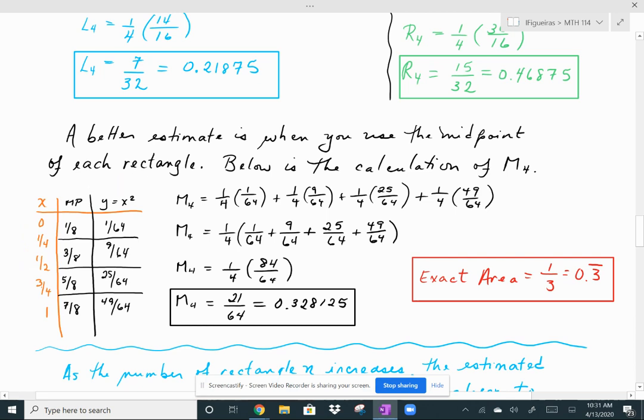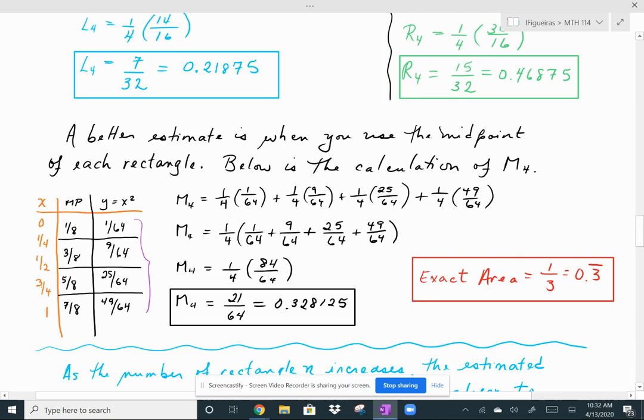All right, so that means that when I compute M sub 4, the approximation using midpoints, it's your width, 1/4, times the height of each of these. Notice there's only 4, so you're not skipping the first one or the last one. You should be adding up the product of length and width for 4 rectangles, and that's what you see here. Then in the next line, I factored out a fourth, which is again the common factor. And then I need to add up all of my heights. When you add those up, you end up with 1/4 times 84 over 64, and that reduces down to 21